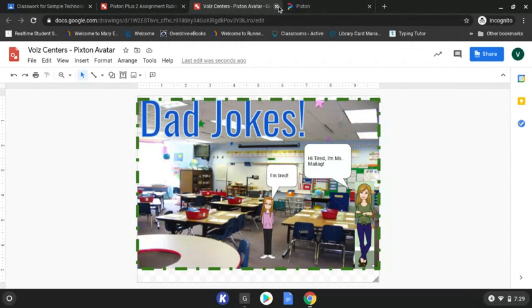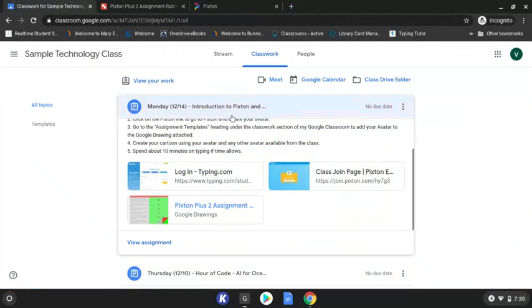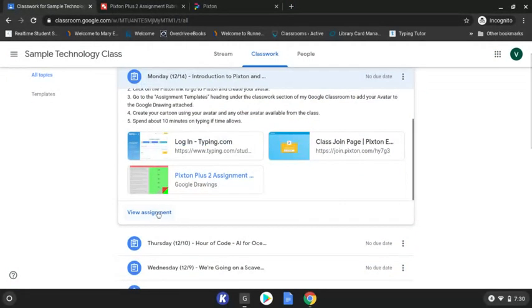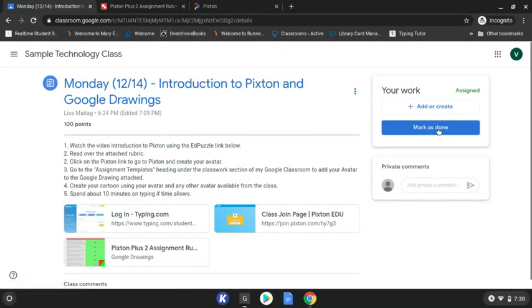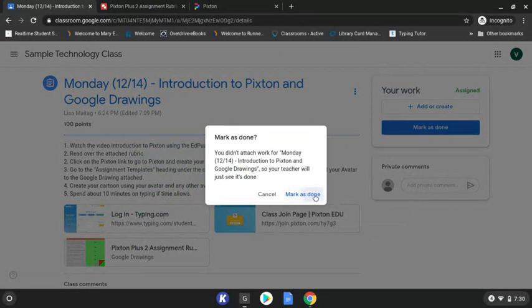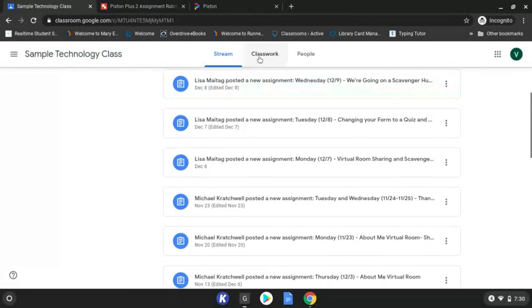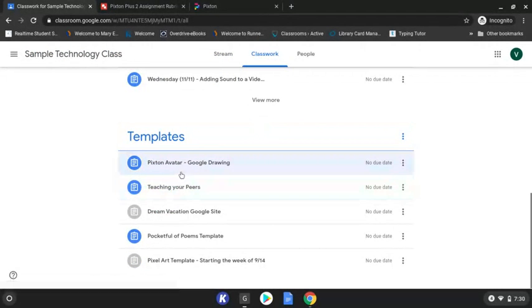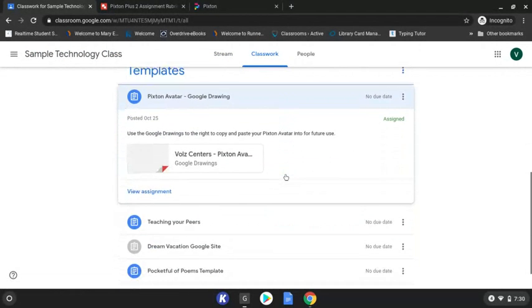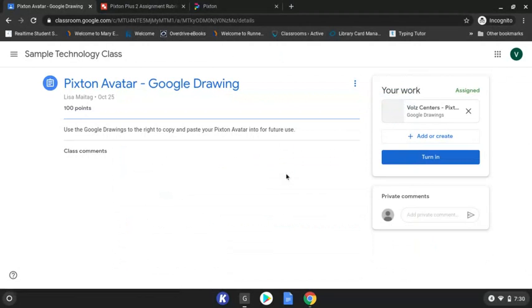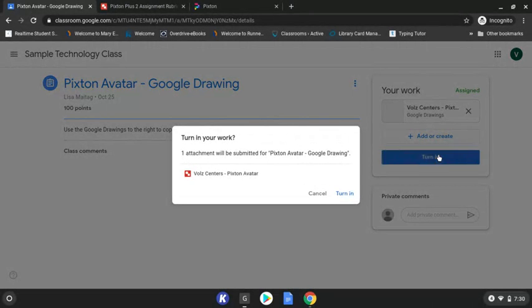I can just close it. Going back to my assignment here, you obviously need to turn in this assignment after watching the video. So I'm going to mark it as done. And then I'm going to go back into the template itself. You need to turn in the Pixton avatar template one so that I know your comic is done. Turn in,